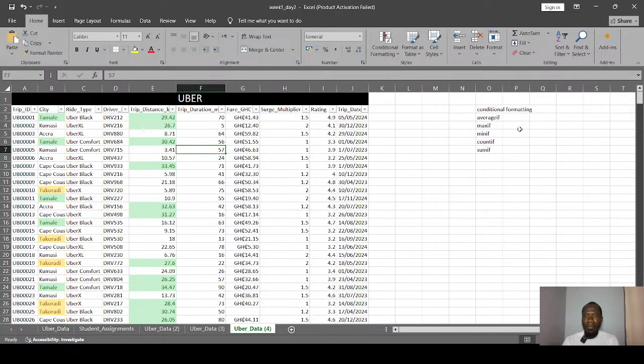Let's look at the other if statements. We've been looking at ifs for the past 3 sessions. Today is the last time we are doing ifs. So let's look at how to combine some of our basic statistics with the if statement, something like average if, sum if, count if, and all those things.